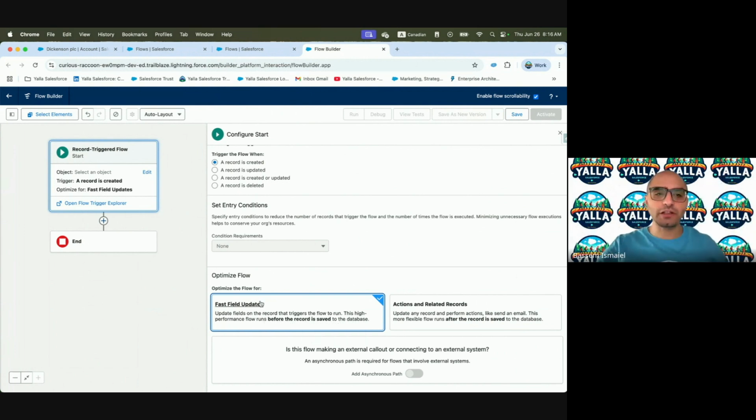This is the fast field update. What else? I can stop the record from being created. So we have a validation rule. A validation rule can stop the record from being created, but the validation rule is limited within the